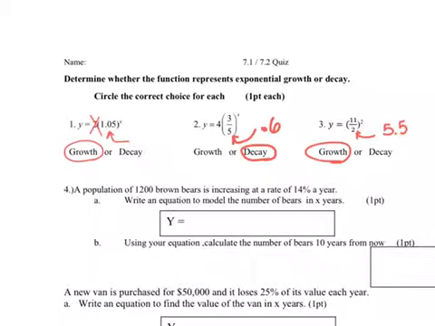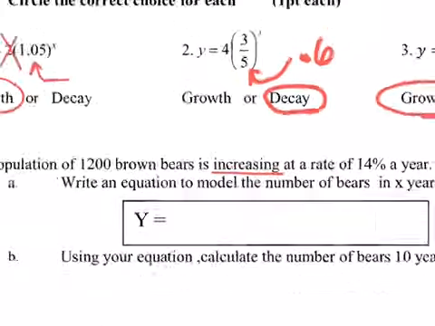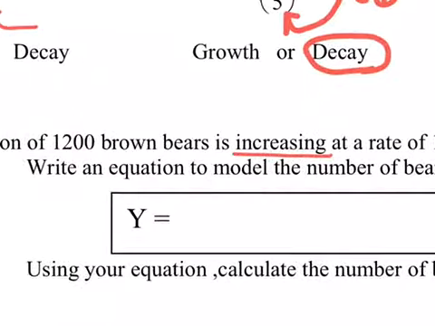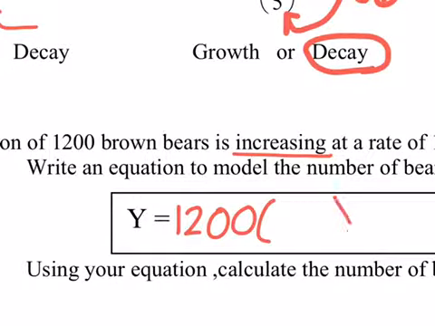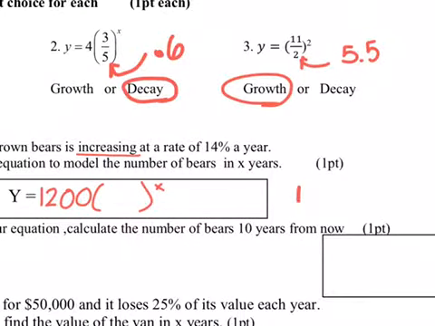All right, so here we have a population of brown bears increasing at a rate of 14%. So we do need to know that it's increasing. That's important. Write an equation to model the number of bears in X years. So our starting value A is given to us. Now to determine this b value that we'll raise up to X years, it's going to be 1 plus the rate as a decimal. So we have